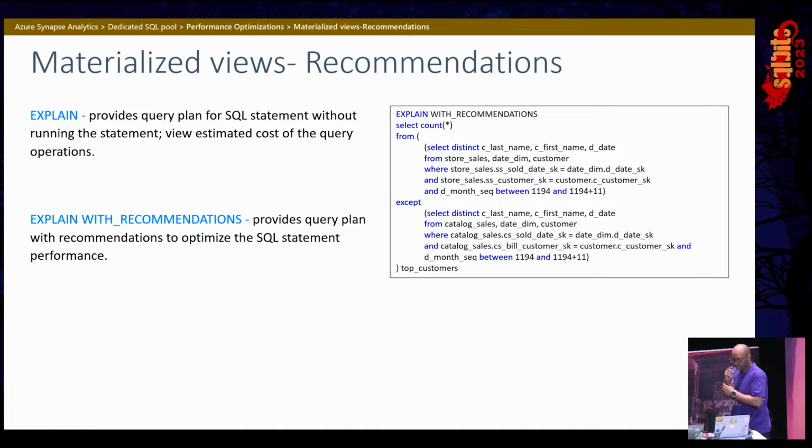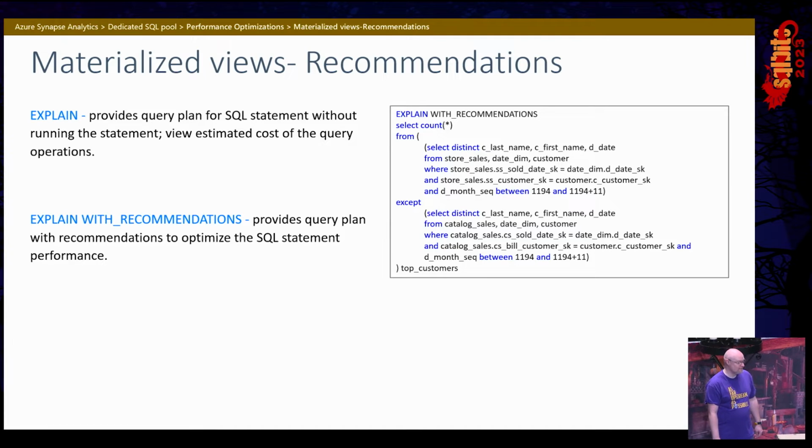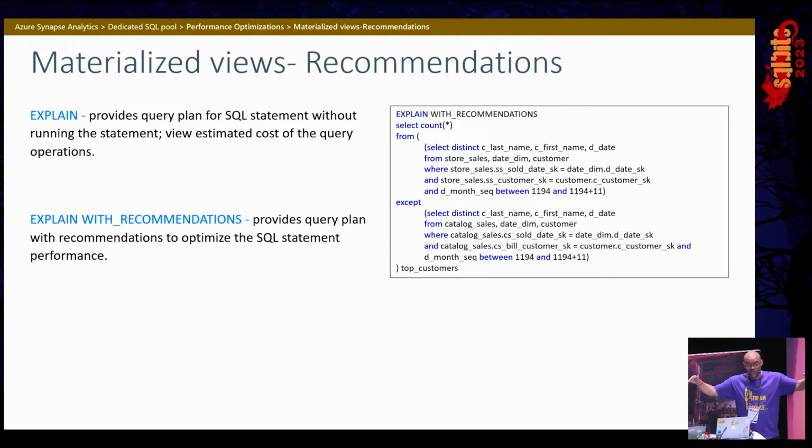The other thing to be aware of too, what's nice about materialized views is if you update data, you get new data, it'll keep that materialized view in sync. But that could be a downfall too. It could be. Because if you have too many of those materialized views, every time you insert a row, if you have 100 materialized views, it has to insert a row in all those materialized views. Yeah. So you got to be really careful, right?